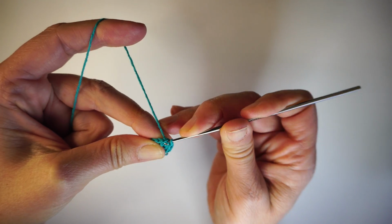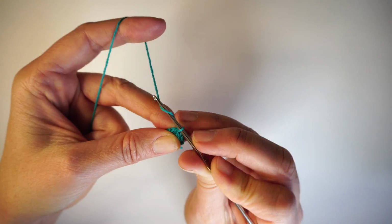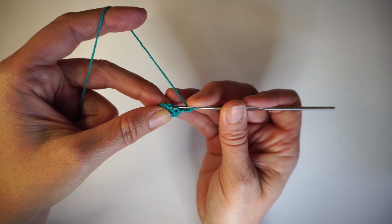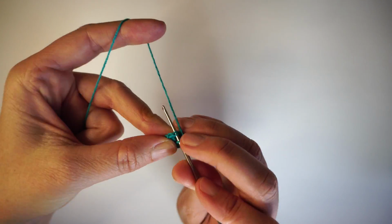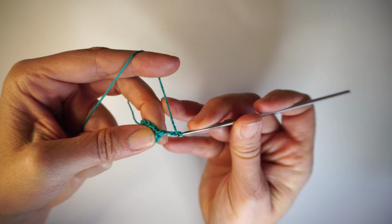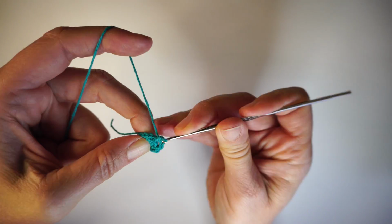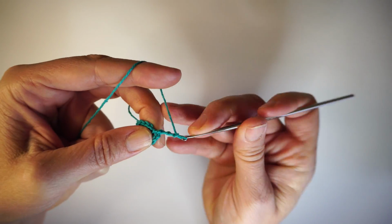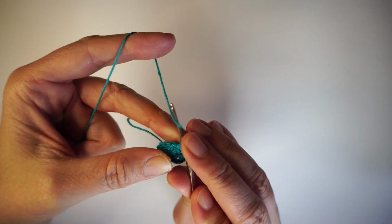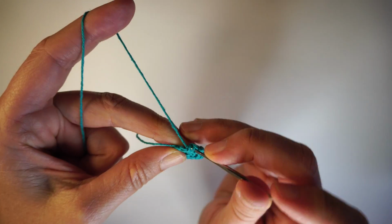the first single crochet, and from here 3 chains. You will skip one here and make a single crochet in the second one, 3 chains, skip one there, another single crochet here, 3 chains, skip one, single crochet in the next one, 3 chains, skip one, single crochet here,